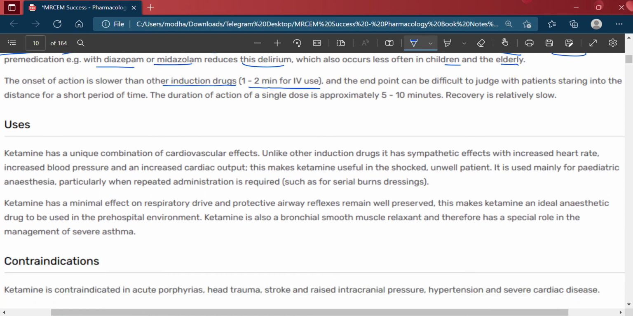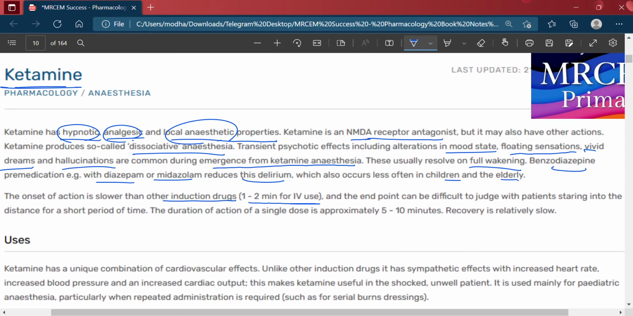Recovery is relatively slow. So what we have seen is that ketamine has hypnotic, analgesic, and local anesthetic properties. Ketamine is an NMDA receptor antagonist, but it may also have other actions. Ketamine produces so-called dissociative anesthesia, transient psychotic effects including alteration in mood state, a floating sensation, vivid dreams, and hallucinations are common during emergence from ketamine anesthesia. This usually resolves on full awakening, and benzodiazepine premedication with diazepam or midazolam reduces